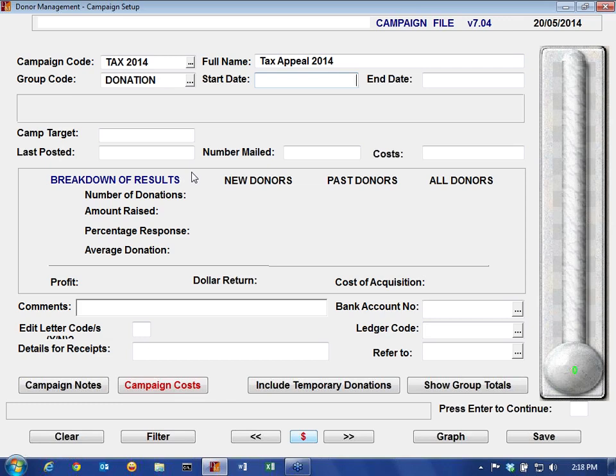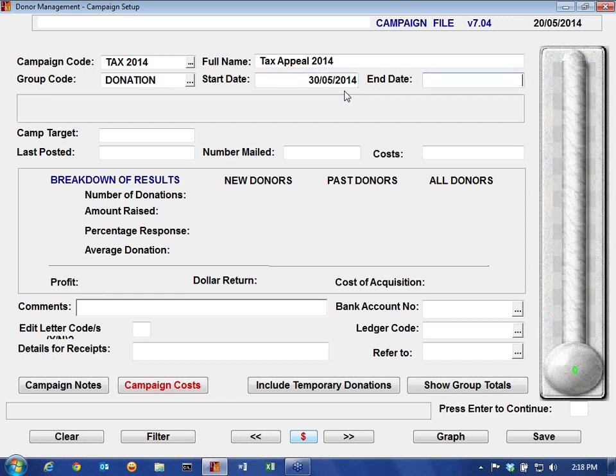We're going to say we start our campaign today, so I'm just going to go T for today, and for those that don't know, anytime you're in the date field, if you type T for today, that will give you today's date when I press enter. Or I can go T plus or minus any number of days. So if I think I'm going to start my campaign in 10 days, I can go T plus 10 and